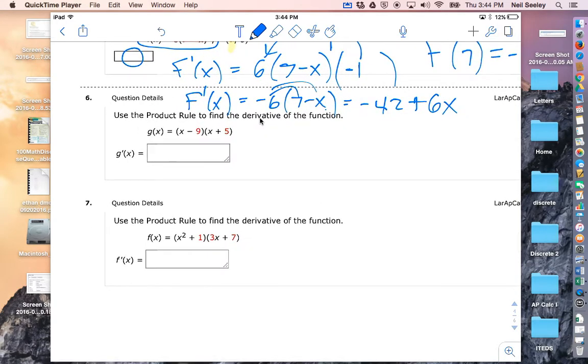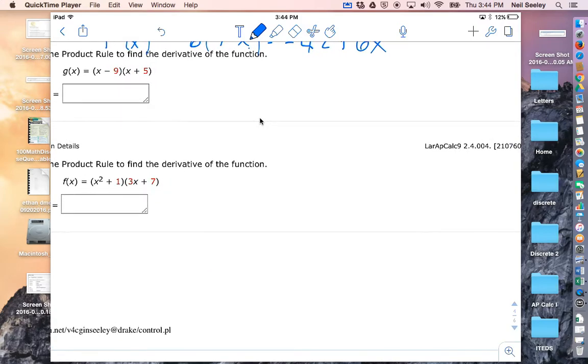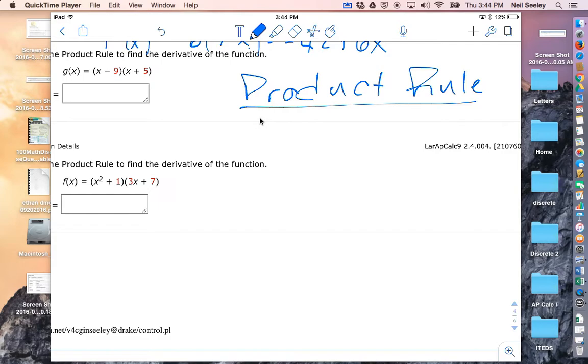Now we're talking about the product rule. And I'm going to leave plenty of room here. The product rule is new, and it only takes a second to master, so you guys are going to be fine if I just show you this ever so fast. But what it is, so go ahead and get yourself into that magic note place. The product rule is how we take the derivative of products. Now, if you recognize that, hey, I could distribute that out, I can multiply x minus 9 times x plus 5